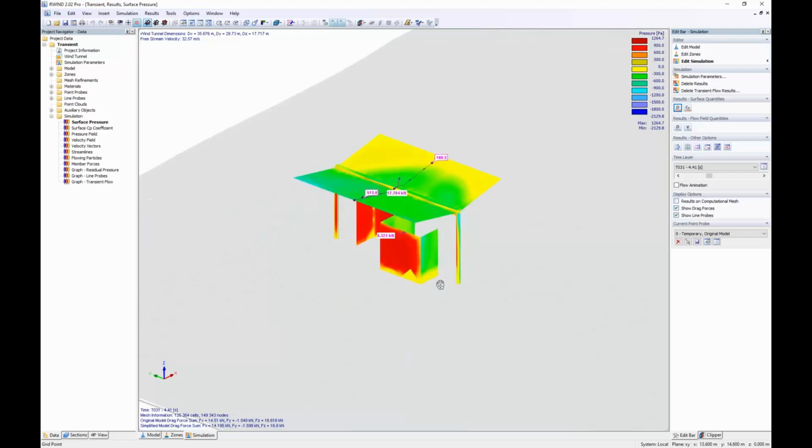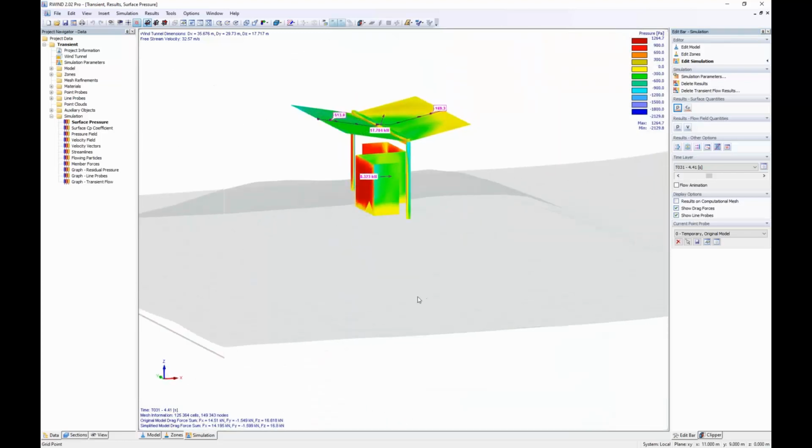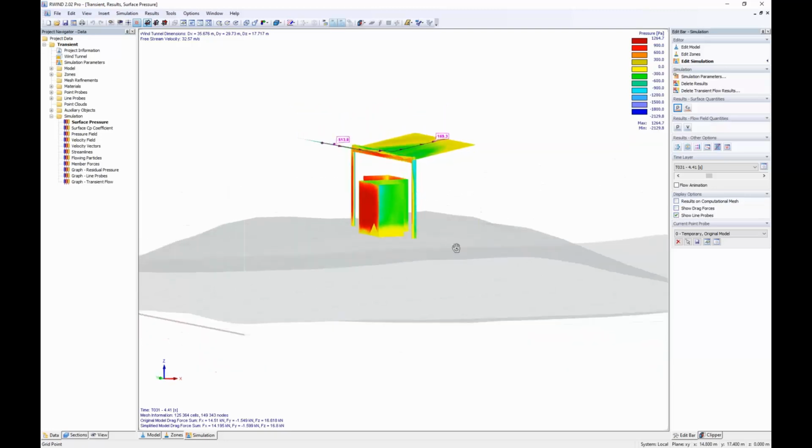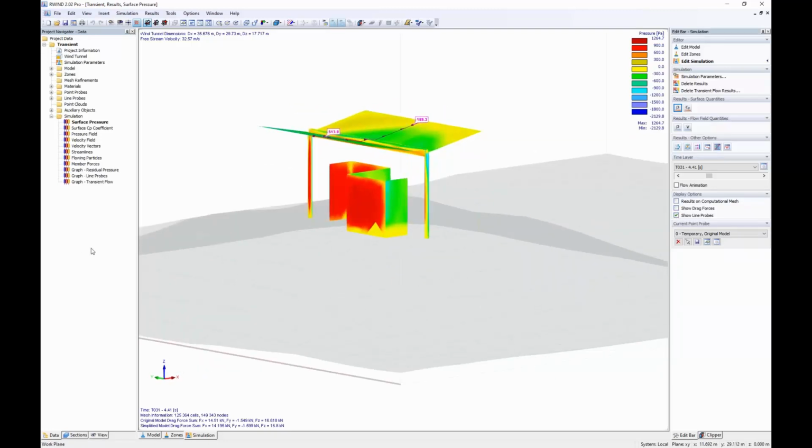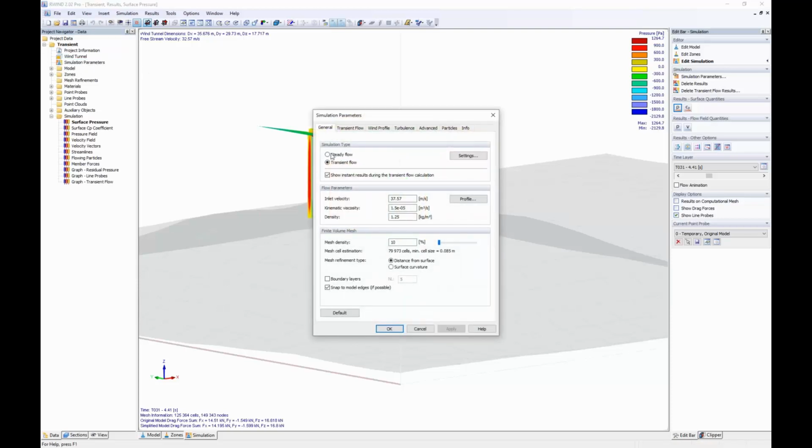And you see this is our model with shading, with Terra. We have here some values, but they are not interesting right now. So let's deactivate it here. Now, as mentioned, as different to this steady flow calculation, here in the settings, if I start a transient flow, of course this setting is changed. So transient flow means now that we can calculate